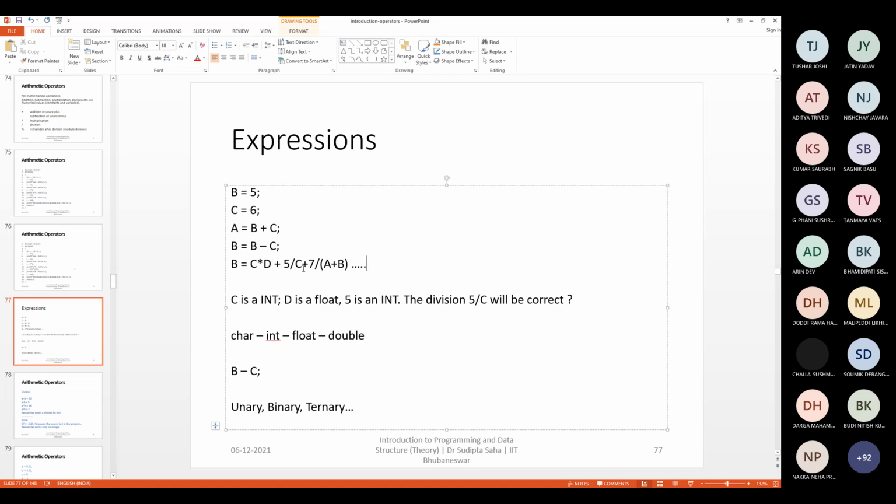Which one will be executed first, which one will be executed after that, in that sequence. What is the order of this execution? That you have to know. So this is a related issue actually. It is not exactly needed to answer this question, but it is necessary to make your knowledge complete.